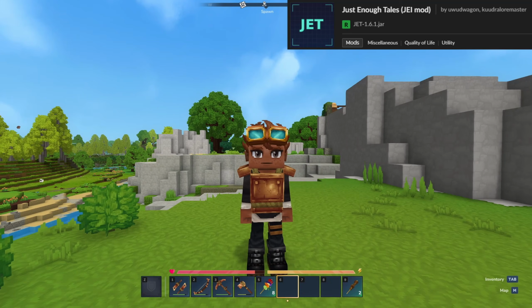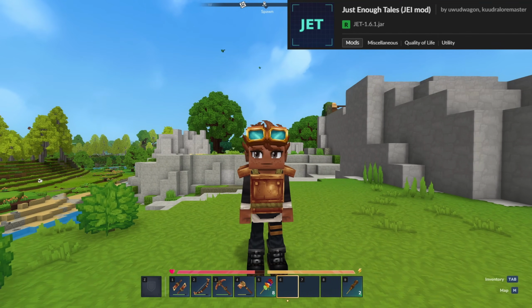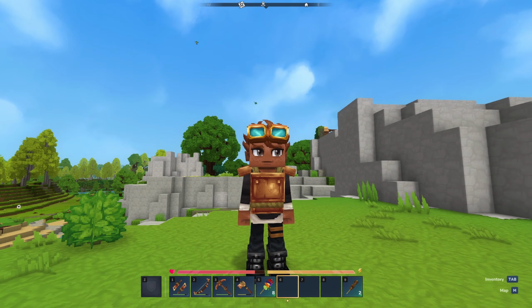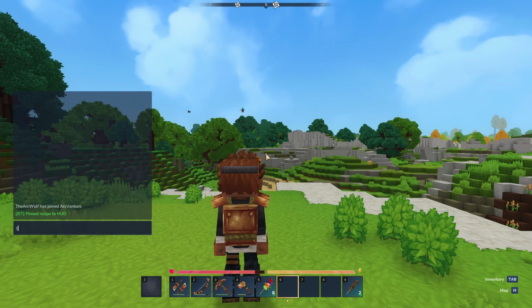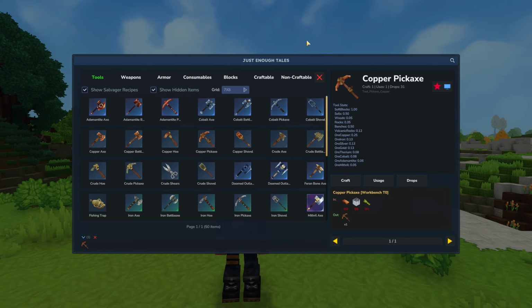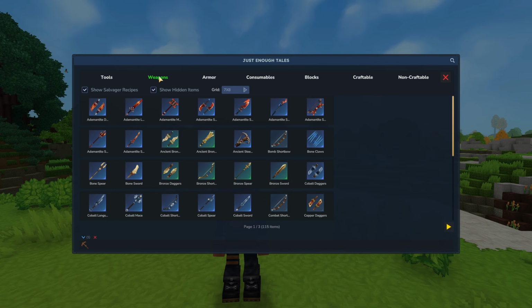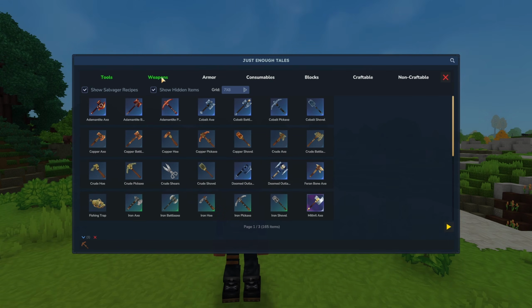Next mod we're going to be looking at is JET, or Just Enough Tails. And this is the Hytale version of JEI for Minecraft, Just Enough Items. You can access this by typing /j into your chat bar, and it will open up the Just Enough Tails screen. Here, we can select from the top bar here, quick categories, so tools, weapons, armors, consumables. You can clear them. You can select multiple at a time,